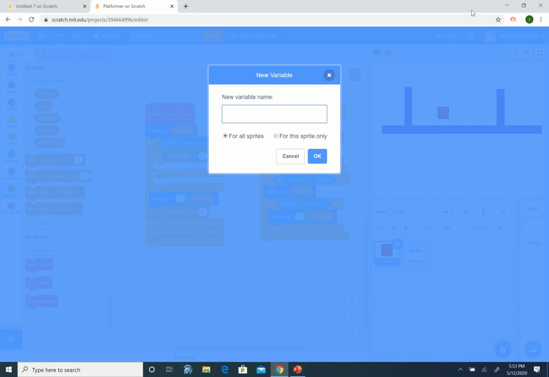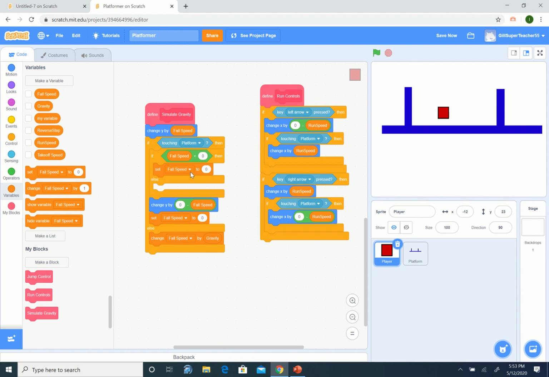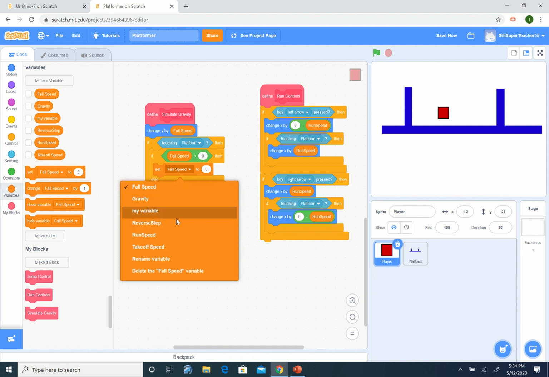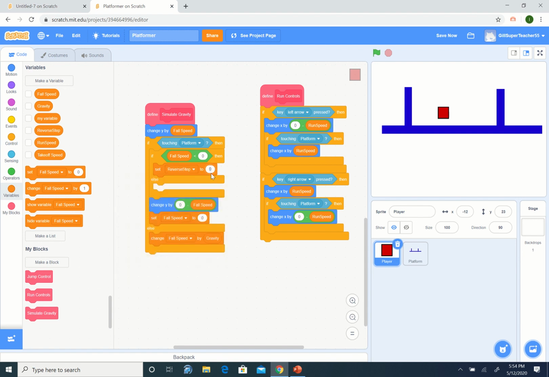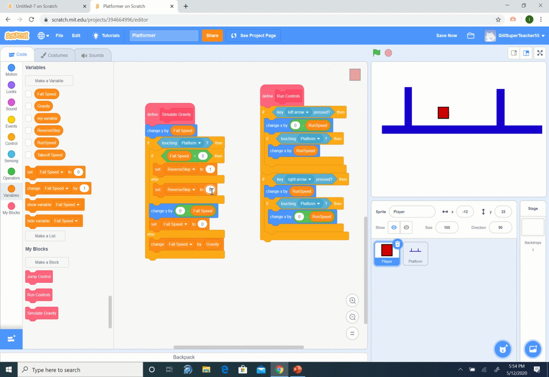I'm going to make a new variable. We'll call it reverse step. It's just the thing that is going to push it up just a little bit. So we'll set reverse step to be 1. Otherwise, we're going to set reverse step to be -1. And after we do that, we're going to